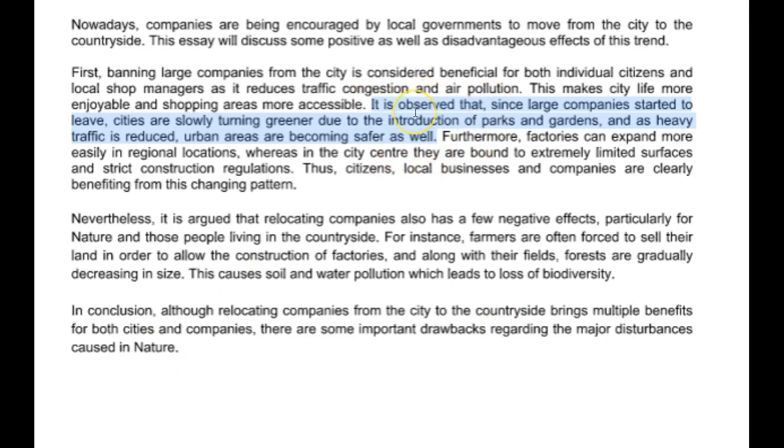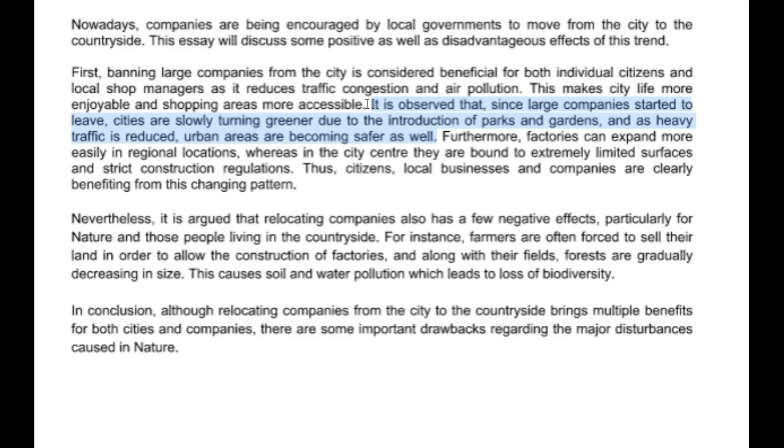That it has been observed that since large companies have left, green spaces have increased, heavy traffic has reduced, and urban areas have become safer. So we need to make this a little smaller. I would use a specific example here. I would talk about a city in which this has happened. Even if you just want to make one up, choose a large city. So you can say, for example,